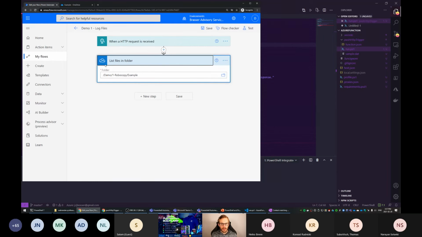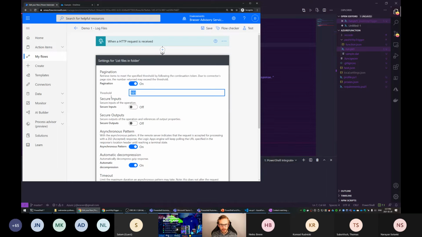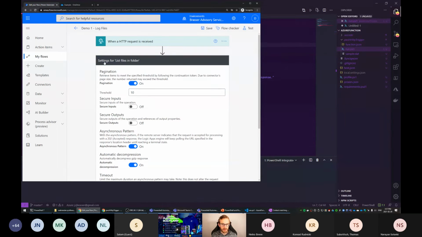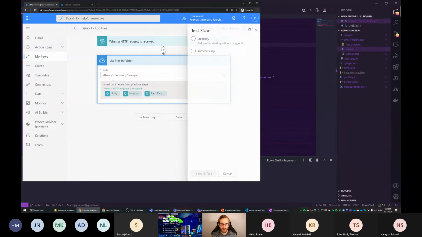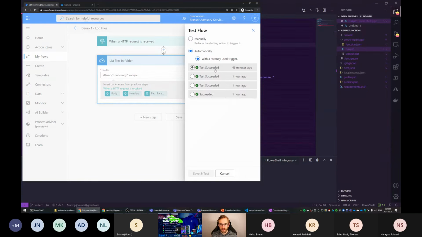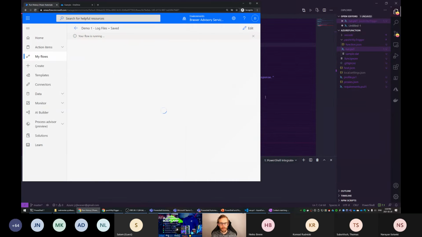So the next step is that it's going to take a look at the number of robocopy logs. So we can see we just list all the files in the folder. And what we'll do here is we'll first set the threshold to 10 and then save that one again. Then we're going to take a look at what kind of output we'll be getting from this.